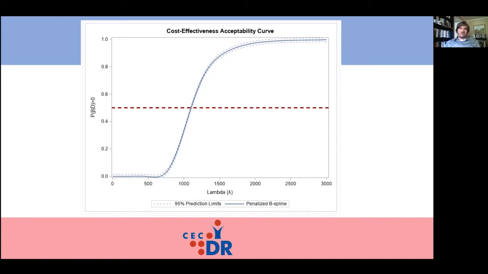If you're only willing to pay $500 to get the effect, this is not a cost effective option for you. But if you're willing to pay $2,500, this is almost certainly a cost effective option for you. And if, say, you're only willing to spend $1,000, it's like a 50-50 coin flip. I don't know whether this is cost effective for you. I'm uncertain about it. And so this type of chart takes the extra component and allows you to consider what somebody is willing to pay. Since you don't know what your decision maker, your audience, is going to pay, by giving them a chart like this, it allows your reader to identify with whatever willingness to pay parameter represents them best in their situation.